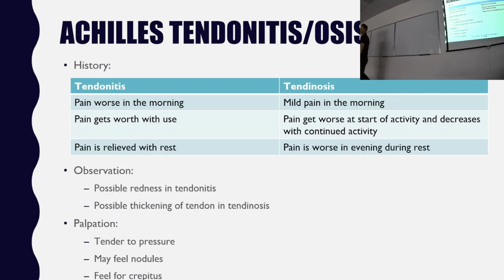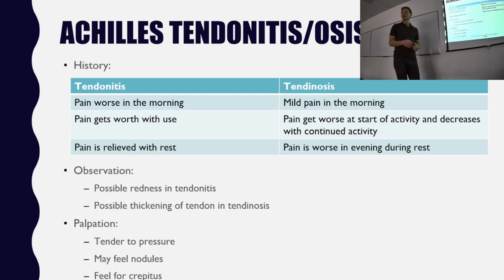This is essentially tendonitis or tendinosis of the Achilles tendon. And since you already understand those principles, you know exactly how it's going to manifest. It's going to be painful on the Achilles tendon in the same way any other form of tendonitis or tendinosis would be. Your differentiation is important only for your treatment. In tendonitis, we treat it differently than tendinosis. Depending on how you're practicing, be it primarily acupuncture or primarily massage, is going to then determine what specific interventions you use.